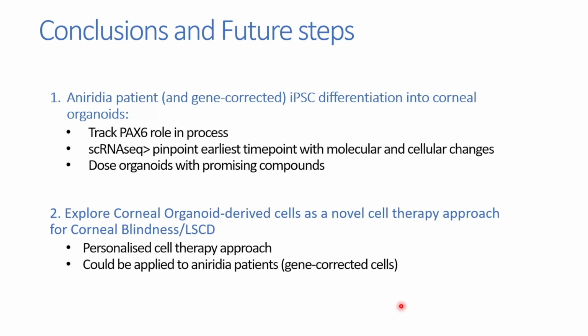This could also be applied to aniridia cases. I think some of you have already gone through limbal stem cell transplantation. Of course, if we do this, because these cells come from the patient, they will still have the PAX6 mutation. So that would require an extra step where you could, for example, correct the gene mutation, and then grow the cells and give them back to the patient. But that is for the very long future.